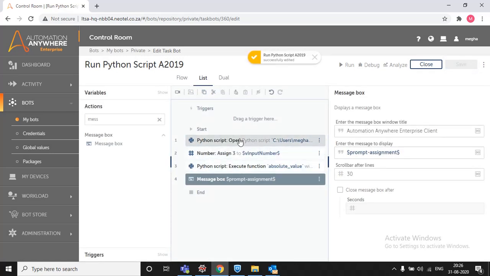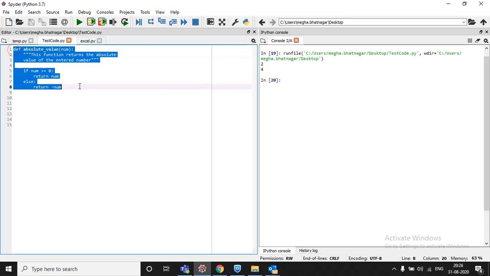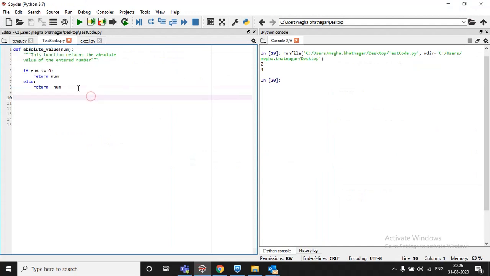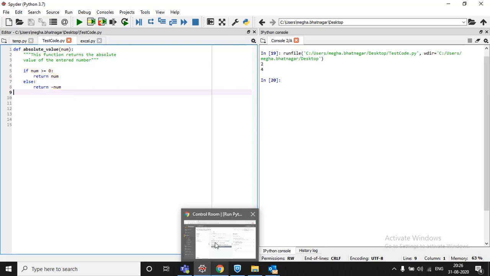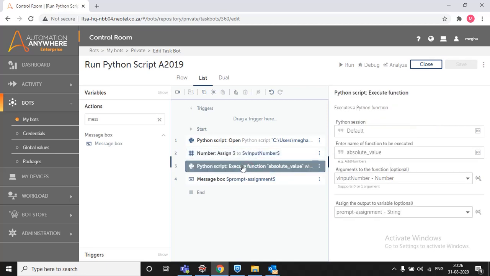So here you have opened your Python script, your script is here. You want to run this script on your A2019. Before, you were passing your input variable here, but now you are passing your input variable in assign numbers, and you are using your input variable in v input number.